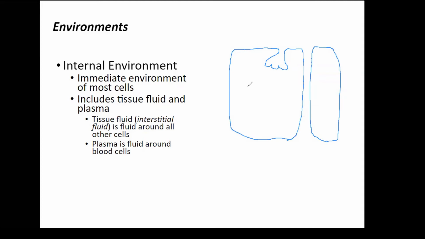So when we're thinking about the internal environment and its fluid, we're going to think of two separate components. We're going to think about the fluid inside the blood, and then all the other fluids surrounding all our other types of tissues. So we're going to need a circulatory system on here. Maybe I should get a better pen than my mouse. But you get the rough idea that are drawn in the actual figure.